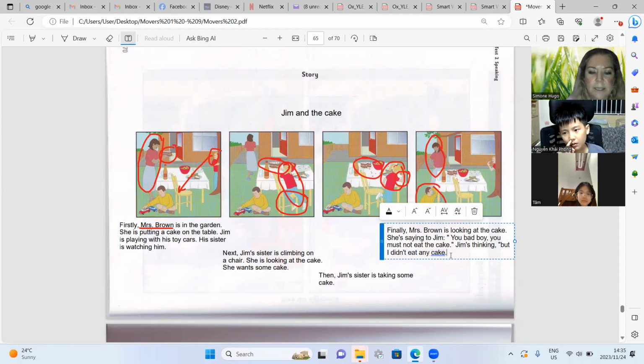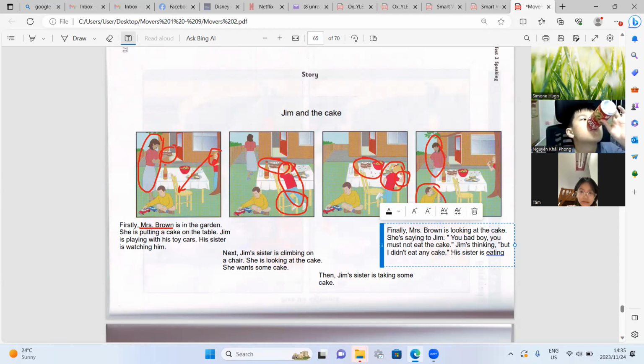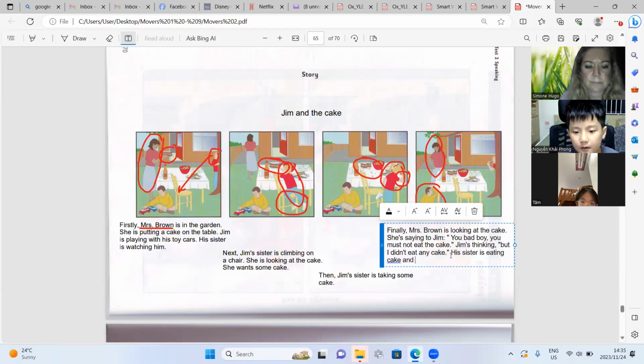I didn't eat any cake. His sister is eating cake and laughing.